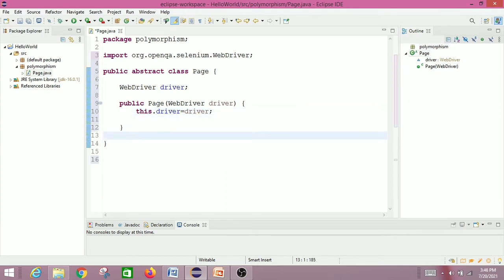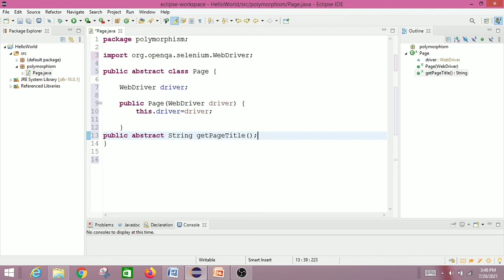Now we are going to create some abstract methods, that is public abstract. The abstract keyword is required when we create abstract methods. Public abstract String getPageTitle. So this is the syntax of an abstract method.